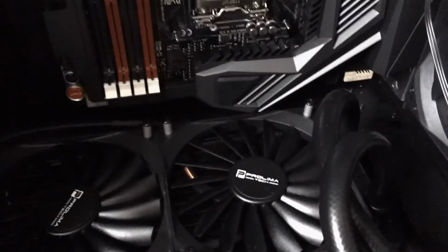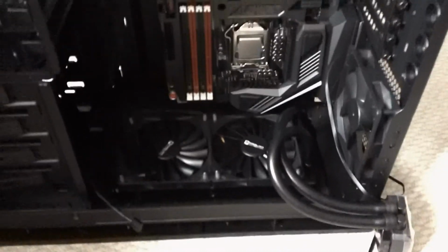Another issue that I didn't mention before is that if you do remove the armour, the LED that lights that up is just an LED then, so if you've got a side panel, it's not going to look quite as nice as it would do if you left the original armour on. But that's the finished